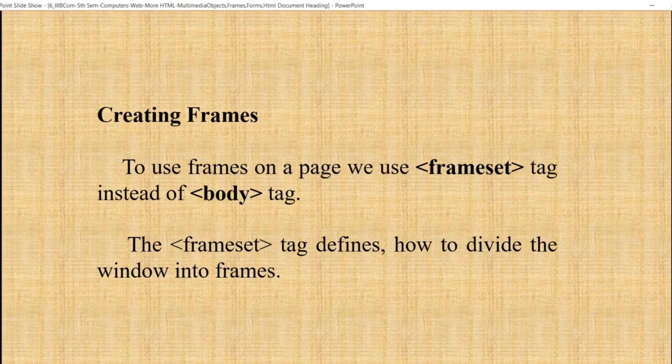Each frame is indicated by the frame tag and it defines which HTML document shall open in that frame. I divided the window into different frames. In each and every frame, I can write an HTML document. For displaying that HTML document, we use a frame tag.